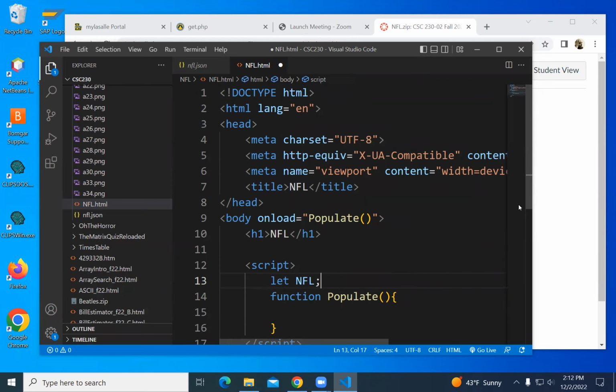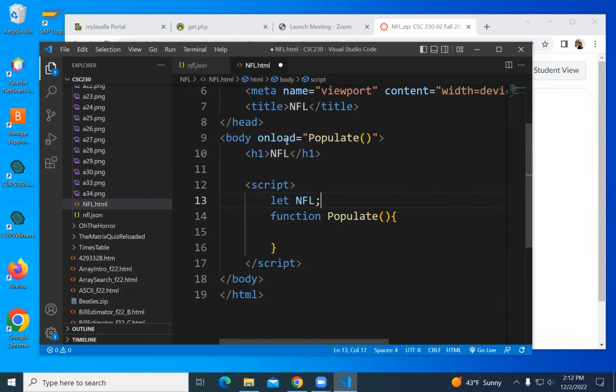So we are set up to, here is the event, the loading event of the page is going to call a function populate. The function populate is in the script. It's going to fetch the JSON file, use the data in the JSON file to set this global variable NFL.